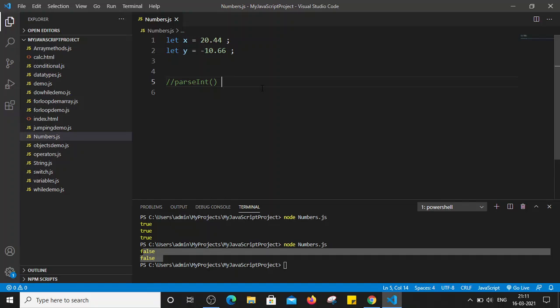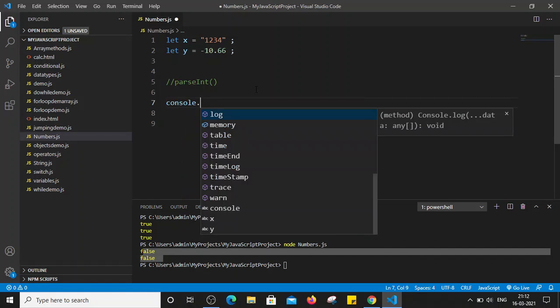For example, let's say x is equal to "1234". Now if you see, we have assigned the string value of 1234. We have used double quotes, and anything which we mention in double quotes is considered a string value. So we have created one variable, let x, and we have assigned a string value to that variable x, right? And now first let's check the type of that string variable.